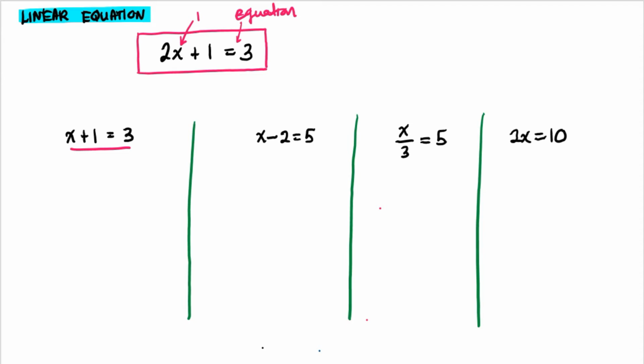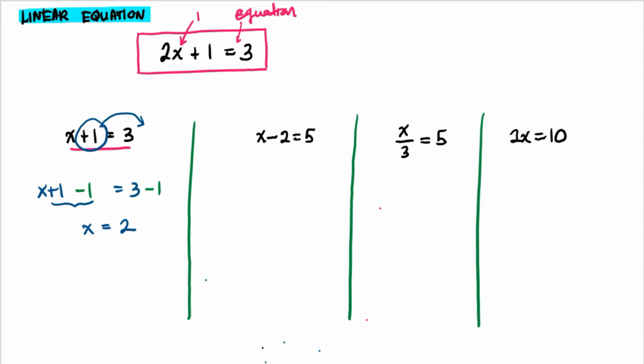Basically, suppose we have x plus 1 equals 3, but we want to make x alone, so we have to minus 1 here. When we minus 1 on the left side, we have to keep the equation balanced, so we have to minus 1 on the right side. Now x plus 1 minus 1 becomes 0, so we are left with x only, and 3 minus 1 is equal to 2. So the story behind why, when we bring 1 to the right side, it becomes minus, is because of this balancing